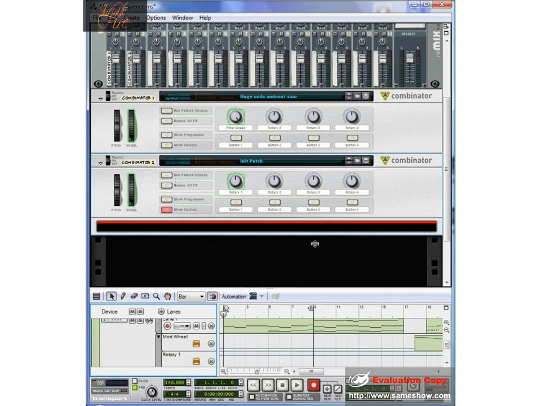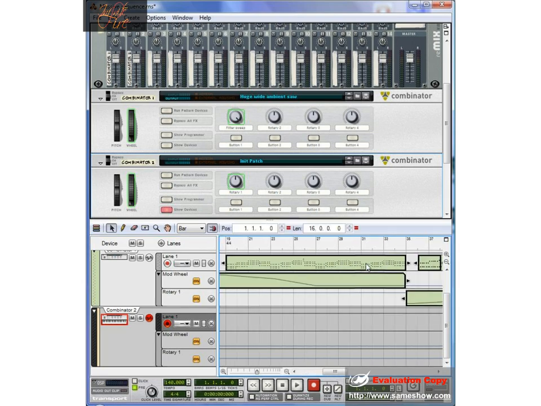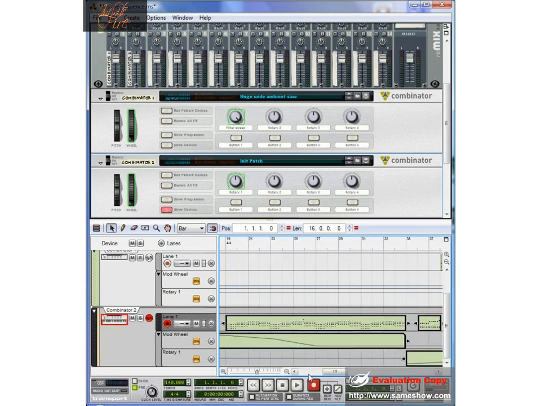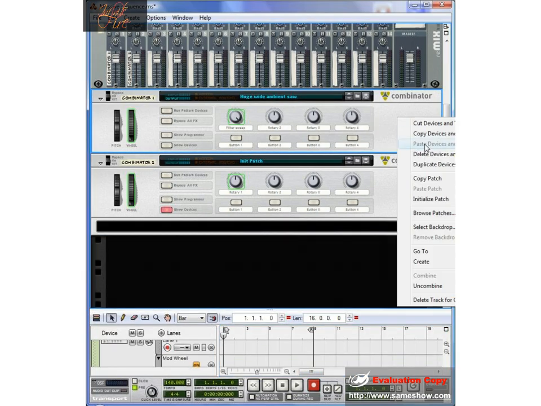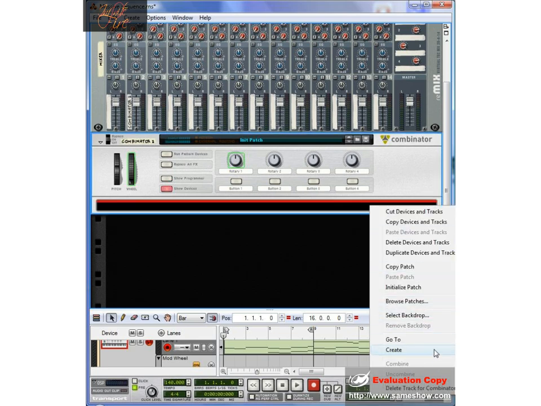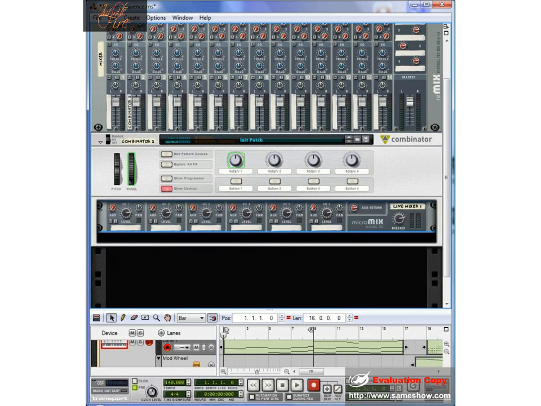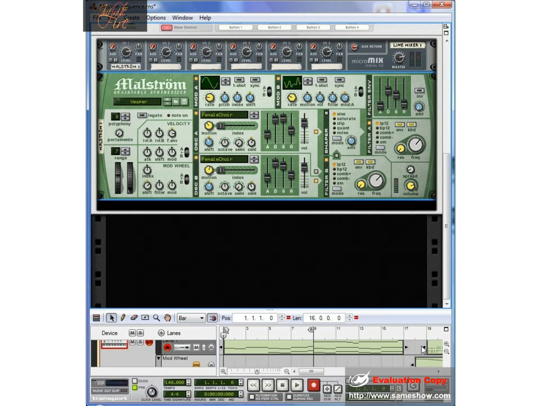Let's start with a combinator. I'm just going to move all of these clips over to the new combinator here. I'll take that down and we'll get rid of the original. So we've got one to start with here that's blank. Right click in that and create a line mixer 6:2. Then right click and create two Maelstrom grain table synthesizers. There's one